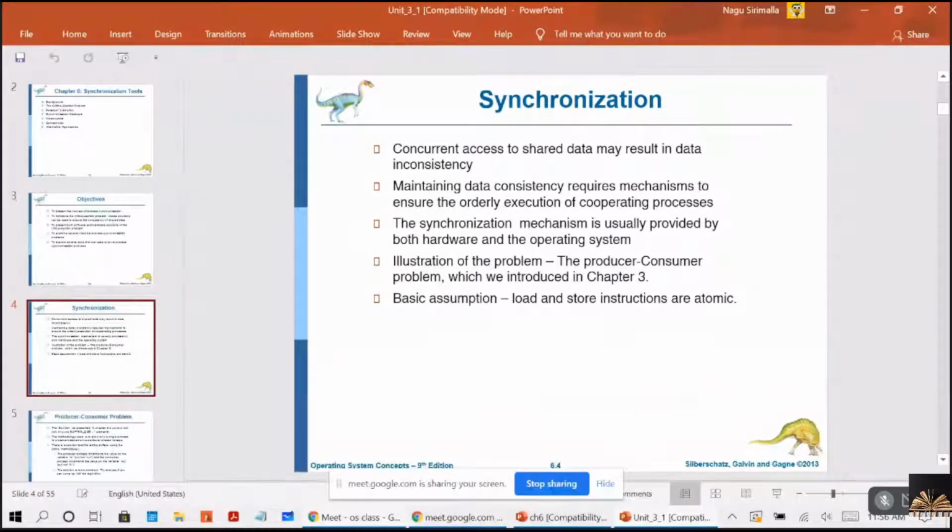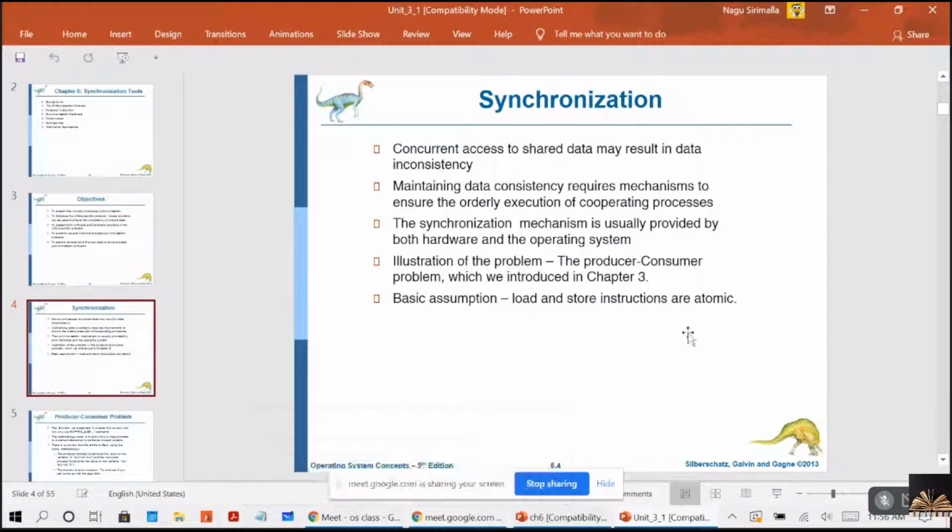As for synchronization, first there should be some item, then only the consumer can request. Consumer cannot consume the items which are not produced. Yes or no? Right? So the same thing. There we should follow some kind of synchronization, right? That means your consumer should not be allowed until there is an item in the stack, right?